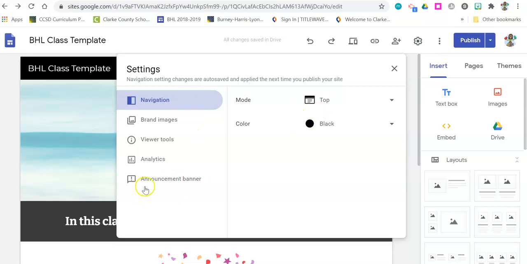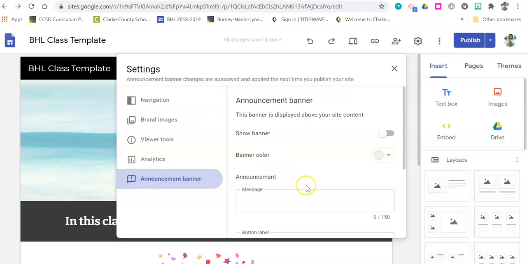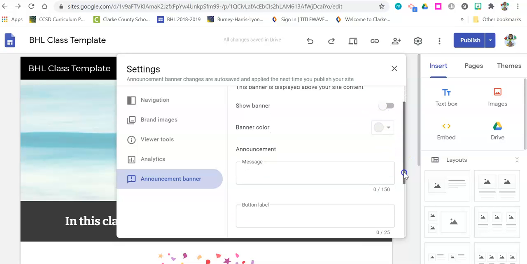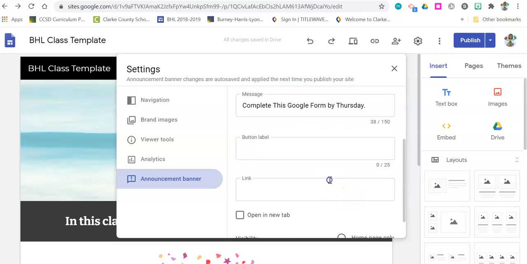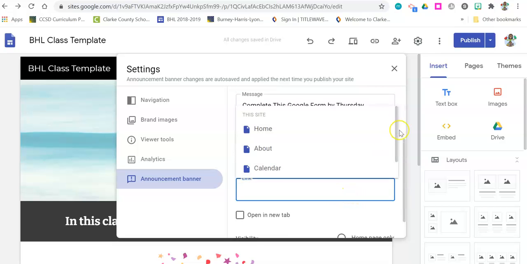That's the only two options there. Then the announcement banner. If you have a special announcement, something's going on, you need something to pop out, just a short statement, or they need to complete a Google form. Complete this Google form by Thursday. You can link that into that announcement here,